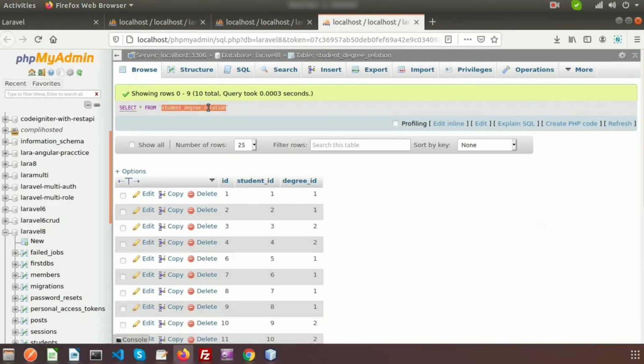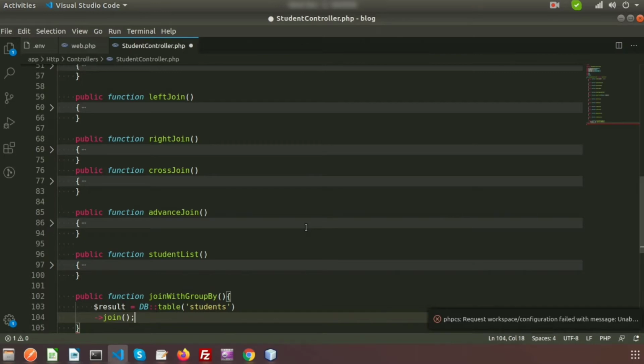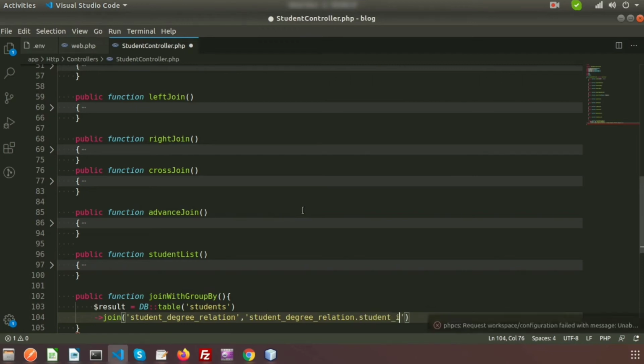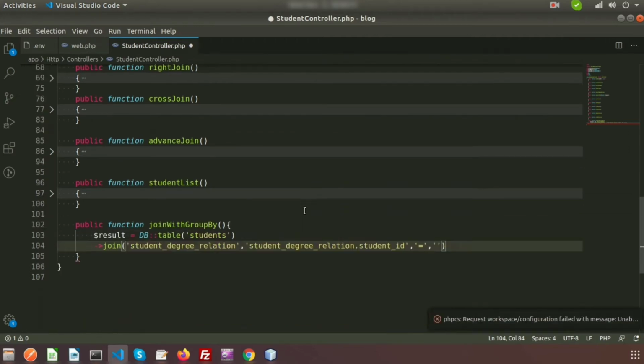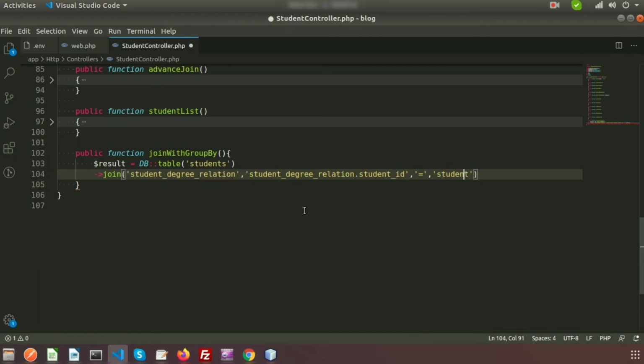So the joining table is basically the pivot table, and the relationship is student relationship dot student id equal to students table dot id. Okay,